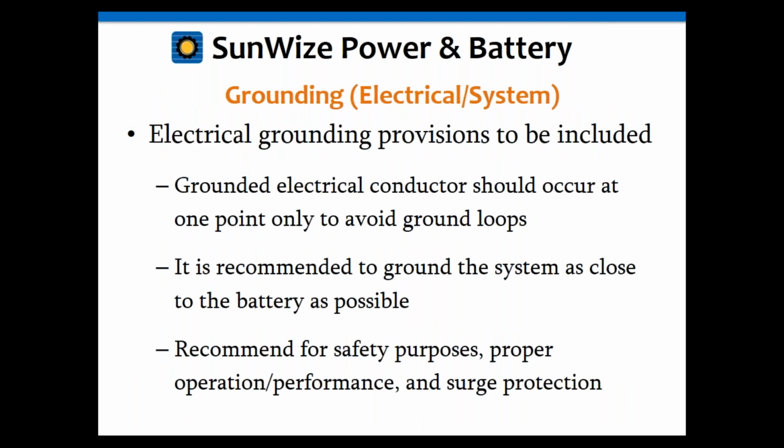There's also the electrical ground, which is different, and that is grounding the grounded conductor. As I mentioned before, that would be the negative in a negative ground system. The reason it's called a negative ground system is that the negative is actually grounded. And that should occur at one point and one point only. If there are multiple ground points, then ground loops can occur. That can be a problem. So you only want to have one ground and one ground only for your electrical system, for the electrical wire